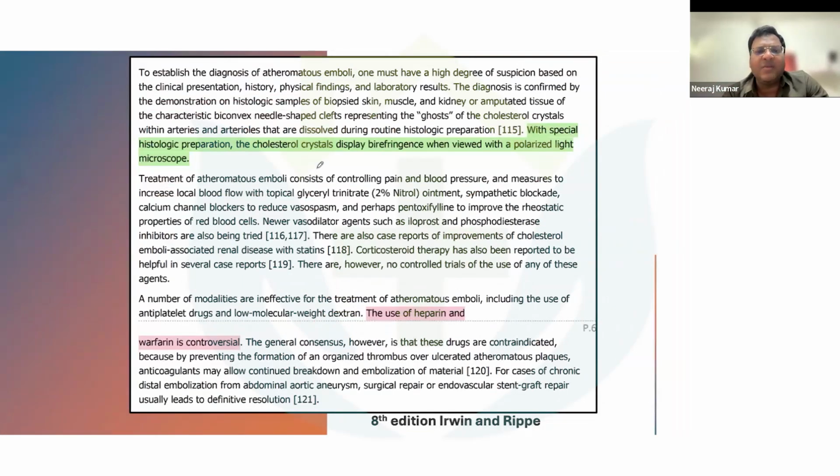Now, the next important point: when you look at these patients with a special histological preparation, these crystals display birefringence when viewed with a polarized light microscope, right? And the use of heparin as well as warfarin is always controversial. That's why the treatment of choice is controlling the pain, because these patients have very much pain. That's why the pain has to be controlled